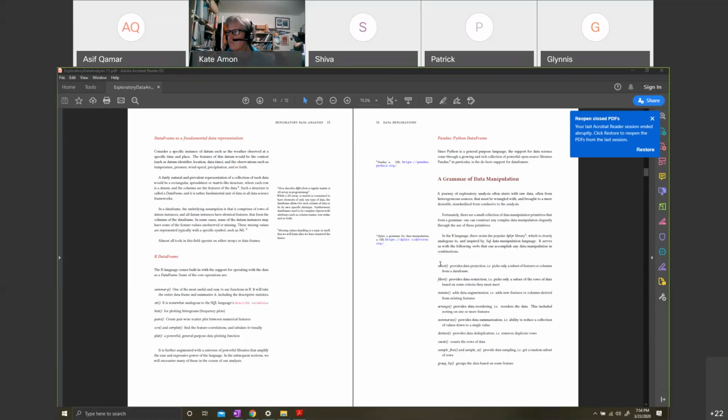Then there is data restriction, which is the filter. Then there is mutate. Mutate helps you add new features or alter existing features. You can add new columns to the data. Arrange is a way, a typical example of arrange is sorting. You can rearrange the data based on certain criteria. Summarize gives you a summary, like for example, the median of any of the columns and so forth. Distinct obviously removes duplicate rows, and count counts the number of rows.